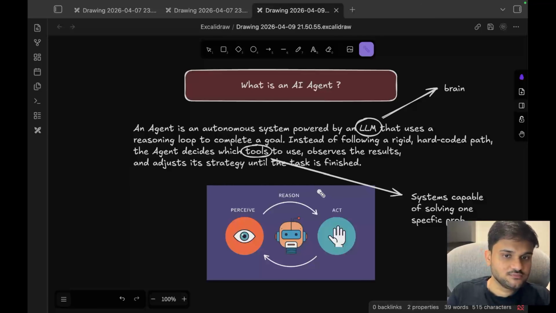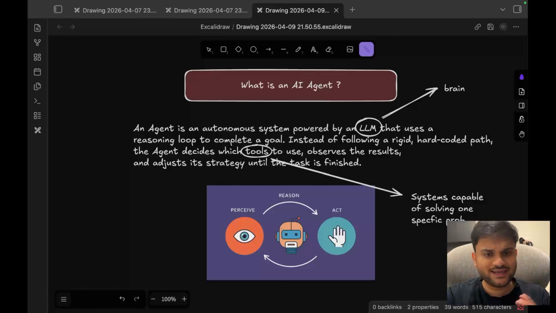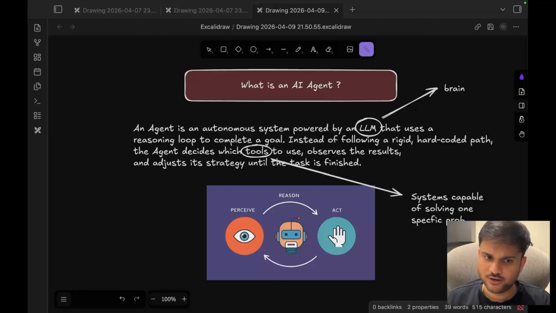So that's what an AI agent is. It's an autonomous system that uses an LLM to create reasoning for a task, and then uses tools to act upon it, so that you can achieve successful completion of the task. I hope the overall concept of what an AI agent is is making sense to everybody. I hope this tutorial was simple enough for everybody to understand what an AI agent is capable of doing, and what kind of simple tasks you can do with it. Now from here, you can try to go beyond imagination.